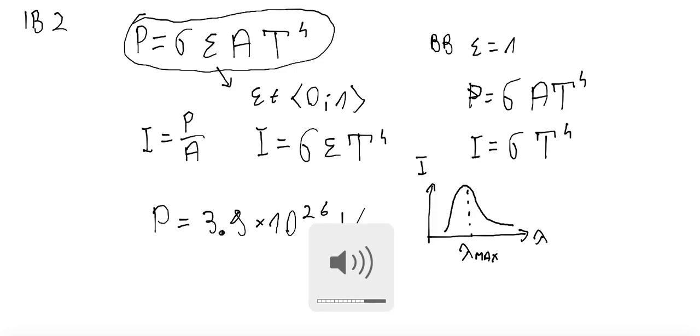This is not maximum wavelength. This is the wavelength for which intensity is the maximum possible. So for this wavelength, the intensity emitted is the maximum possible,